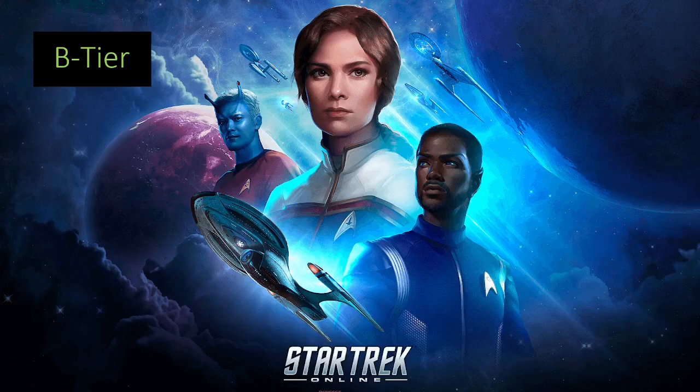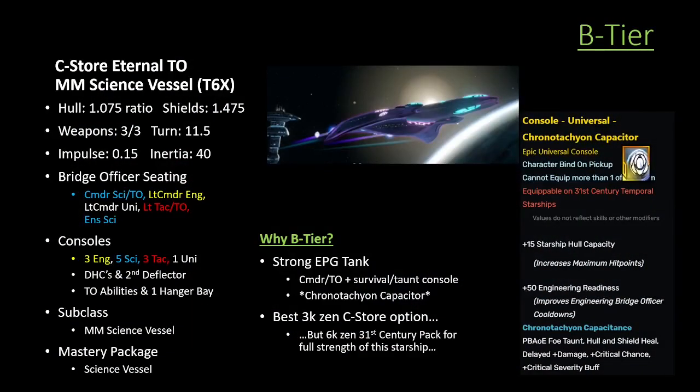Now that we're getting into B tier, we're going to start with a couple of the really durable science vessels. Basically, the ones that I like to tank with if you're not going to be choosing the Courage class Science Destroyer. And to start off here, we're going to start with the Sea Story Eternal. Again, another full spec starship